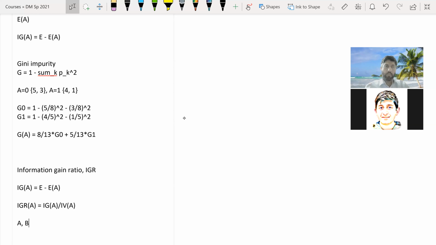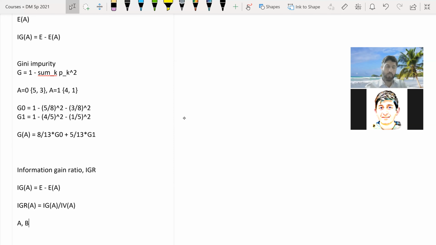Okay? So in other words, B would get an unfair advantage based on the number of distinct values that it has. So B would have an unfair advantage over A. So there is a greater probability or chance that B would lead to entropy that is smaller than the entropy that A produces after the split. So we would like to minimize this, we would like to reduce this impact.